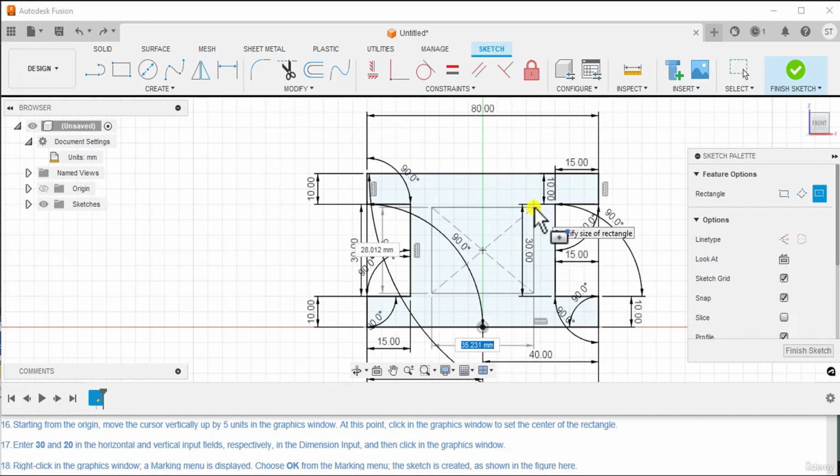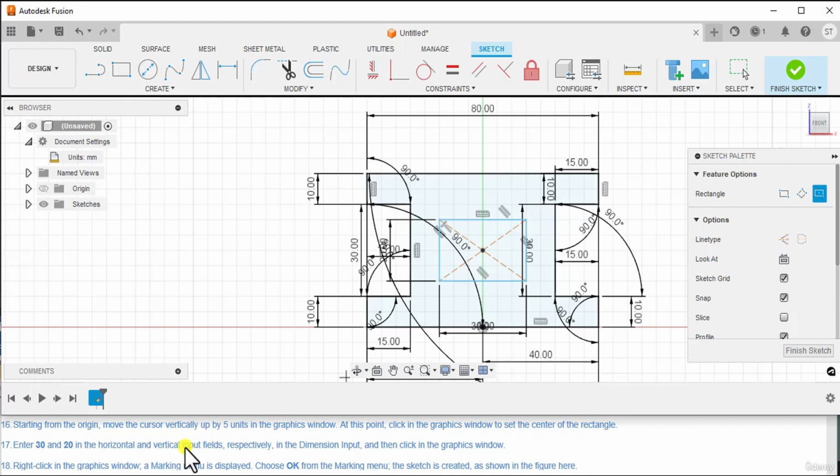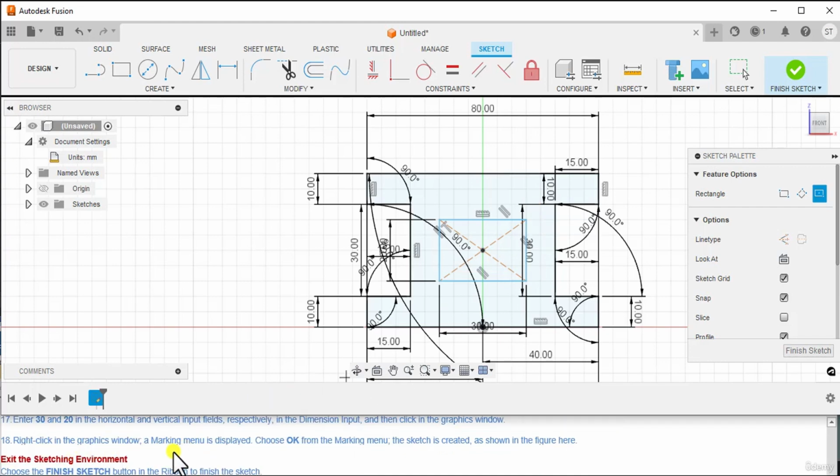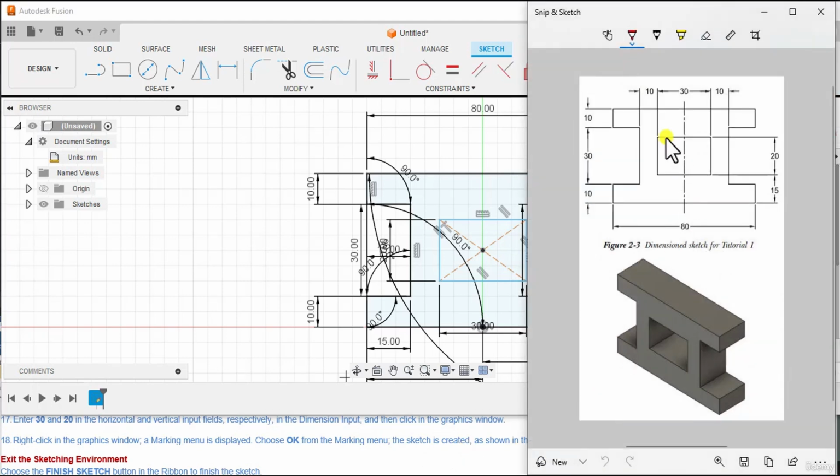Then right click in the graphics window. A marking menu is displayed. Choose OK from the marking menu. The sketch is created as shown in the figure here.